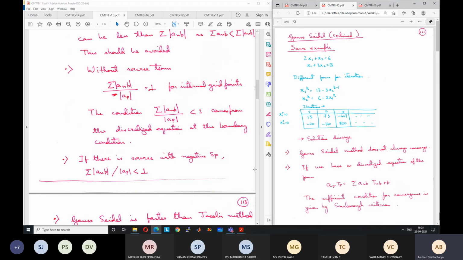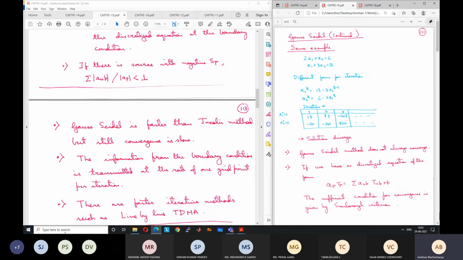Sometimes what happens is that we just don't think too much about these things and just write an algorithm, and then we find that the solution is diverging. Then we try to find out why it is diverging, and it becomes difficult. So if we follow all the rules while writing the code, these things are much better taken care of.